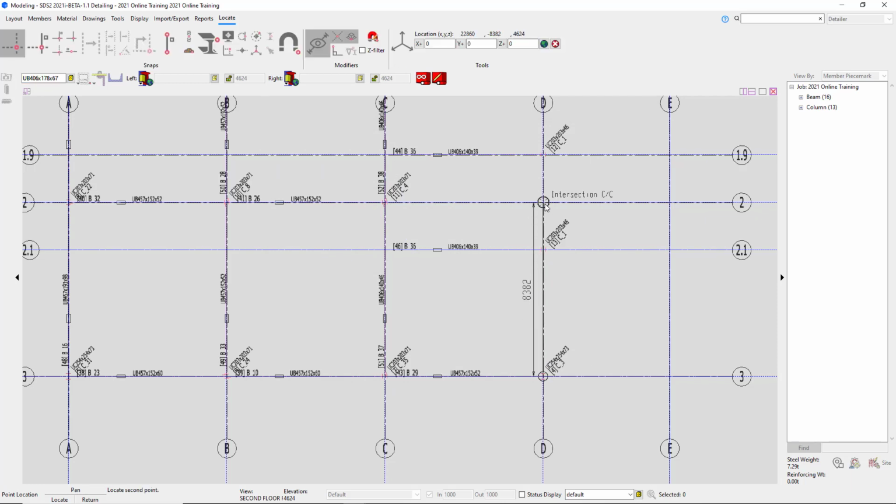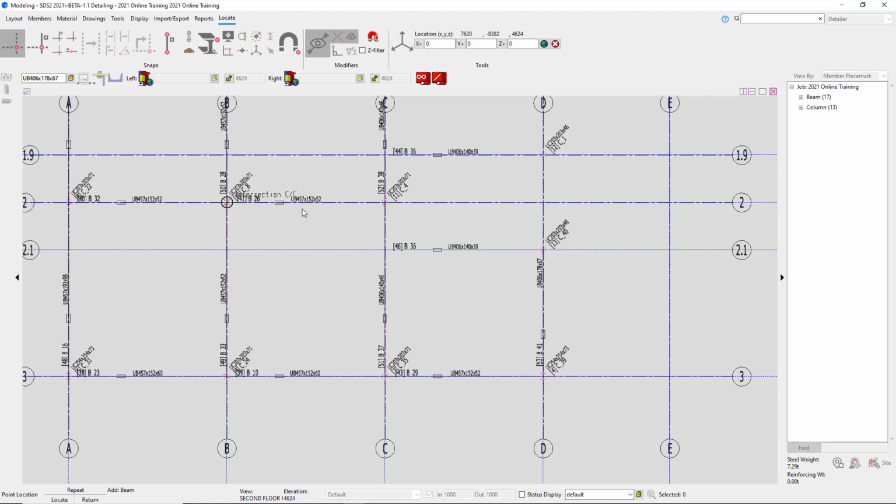I'm going to go up to D2. I can go ahead and locate from D2 to 2.1. And then if we look at sheet S1 from 2.1 to 1.9, we have a different section size beam,